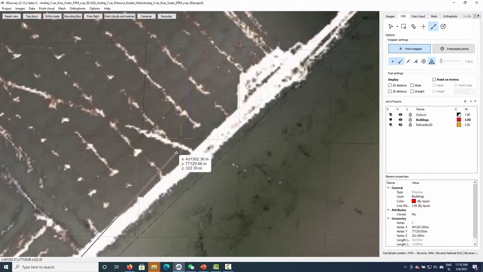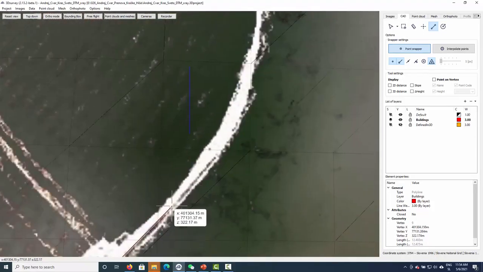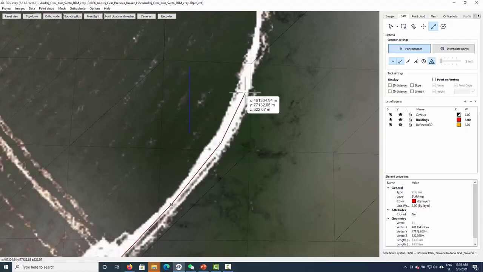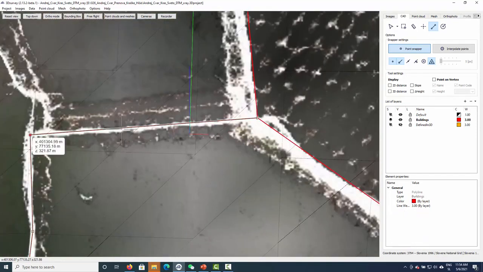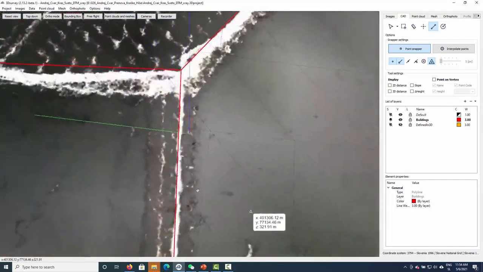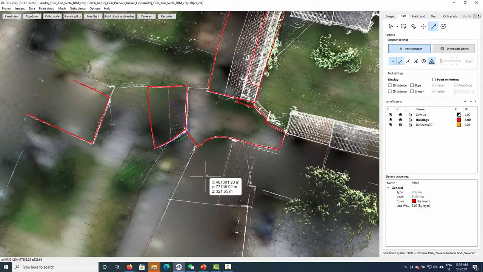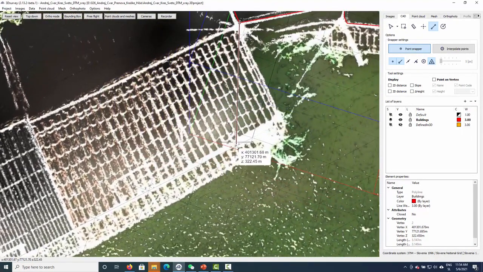So one of the benefits of this technique is very often the walls of the old buildings will not be straight, and here we can see very well where we need to put the points. It's like that, and we get a very nice outline of the building. Because we are now measuring this on the ground, we immediately get the building outline on the ground level. So that is an extra added benefit. When in doubt, so as for example here,